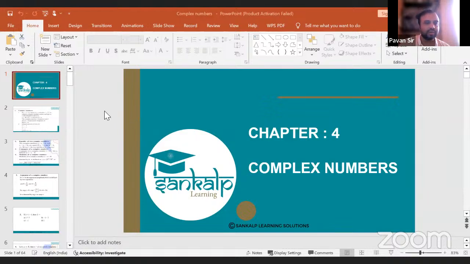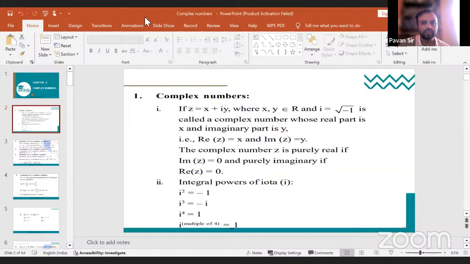So, let me start without wasting much time. Let me start with some basics of complex numbers. Okay, so here it goes. Some of the basic understanding of complex numbers are: